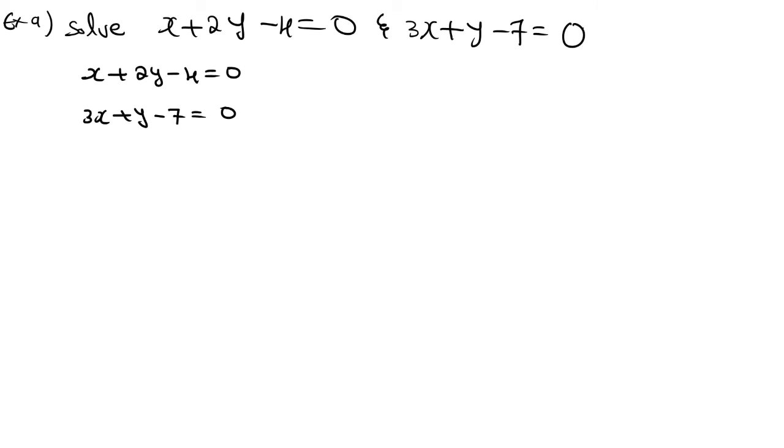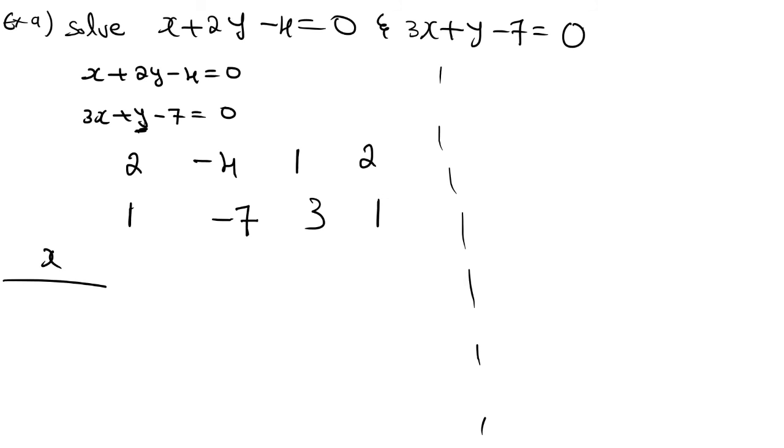Then here, start with b2, right? b1 and b2 you need to write first. So first 2, then minus 4, then with respect to x 1, then again 2 you need to write. Then starting here with respect to y 1, then minus 7, then 3, then what you have to write? Same 1. Now write x divided by, first in this direction, 2 into minus 7 is minus 14, and